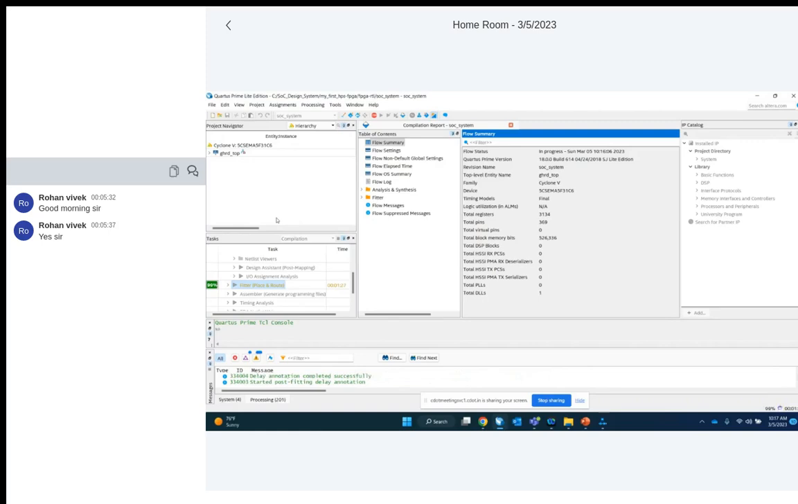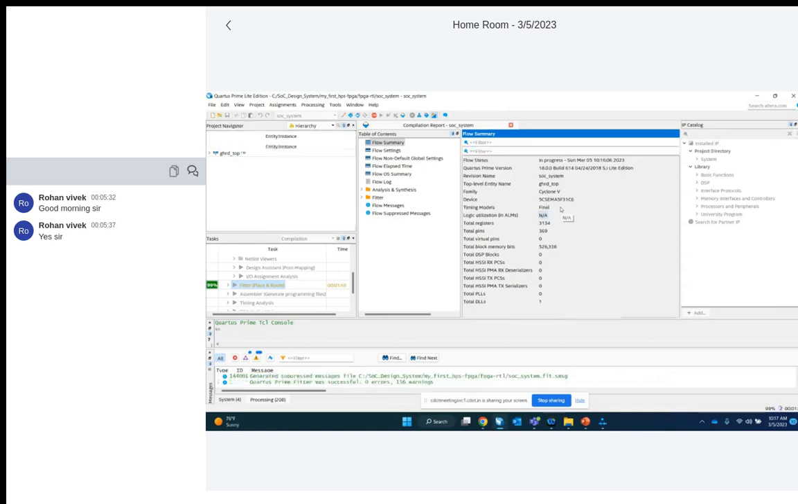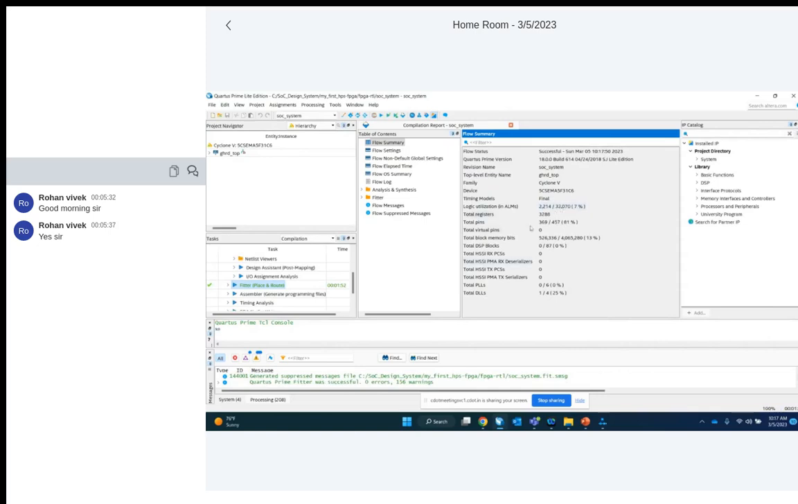Let us give it a minute. Once it is 100 percent, there are two or three things we have to check, as I mentioned earlier. In the earlier case, it was not showing the number of adaptive logic modules. It still shows not applicable. But when the design gets fitted, we can see that. Okay, now you can see that there are